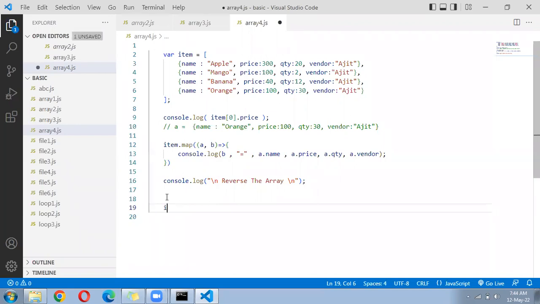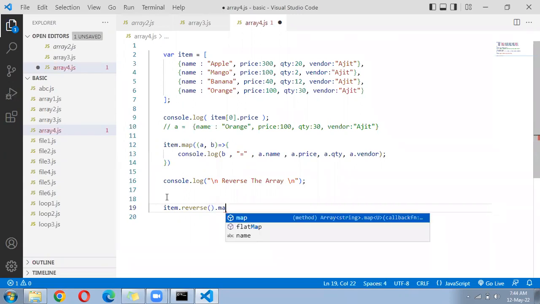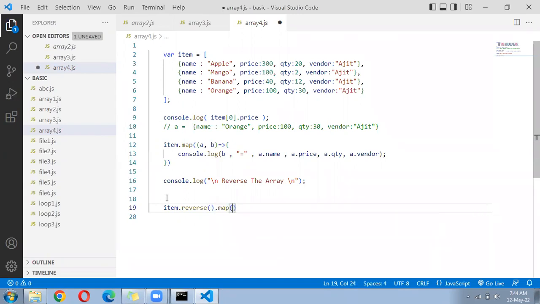Item dot reverse. Reverse is a function of JavaScript, dot map. So map will apply there also, but when will it apply? After reversing the array. Inside the array the reverse will happen. Last will come first. Last will be the first, and after that